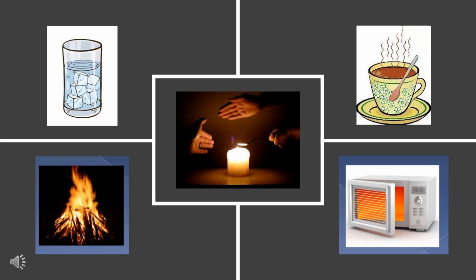And then we have the picture of a bonfire. We all know that during winters, in many places people have a bonfire just to produce heat and keep themselves warmer. Usually in the cold regions, this is observed. So all these are examples where heat is being produced or transferred from one place to another. And because of heat, we see a lot of changes around.